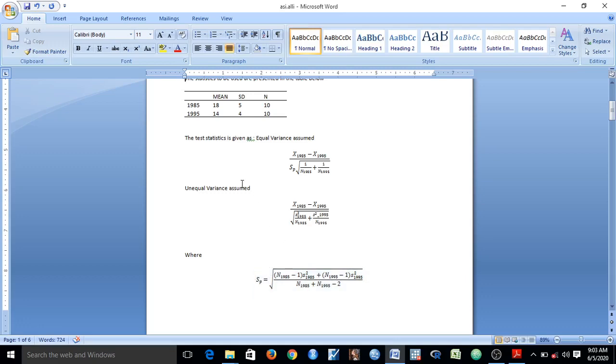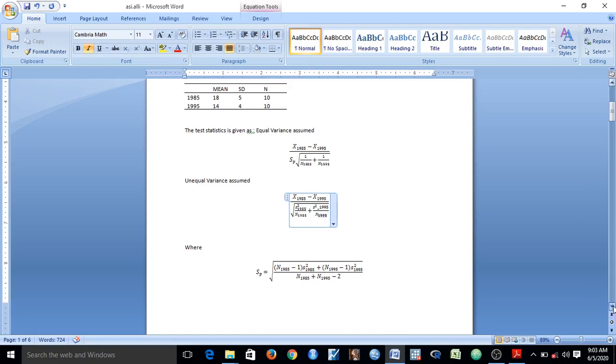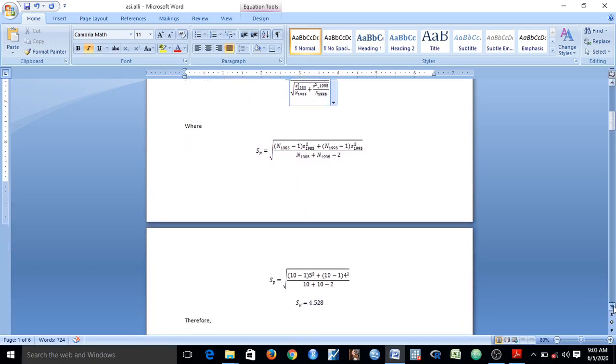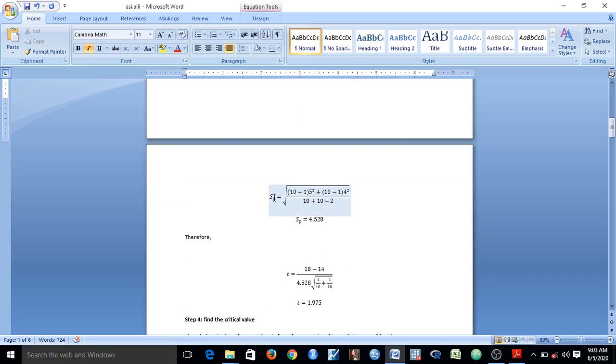But if we are to assume unequal variance, what we do is to subtract the means, and then the standard error, which is the denominator, will be the square of the standard deviation of the first group over the number of observations in the first group, plus the square of the standard deviation of the second group divided by the number of observations in the second group. Then we find the square root. But here we continue to assume that there is equal variance. So we say Sp equals